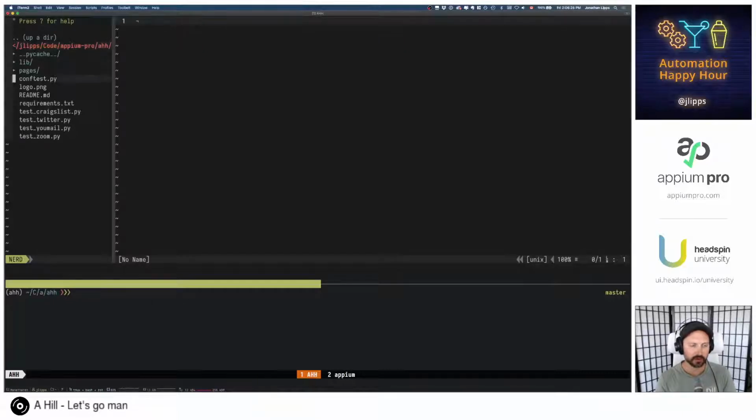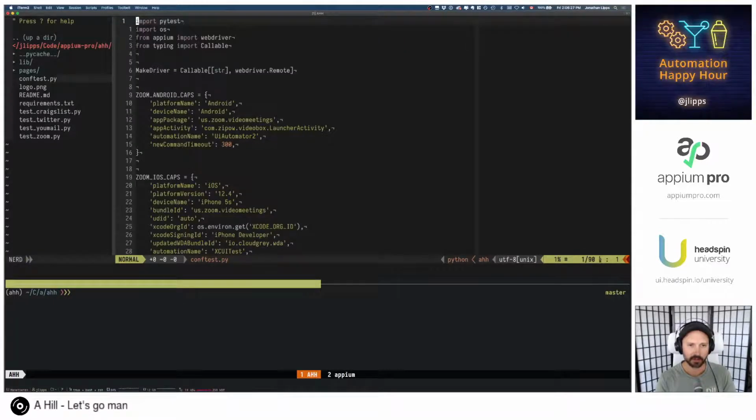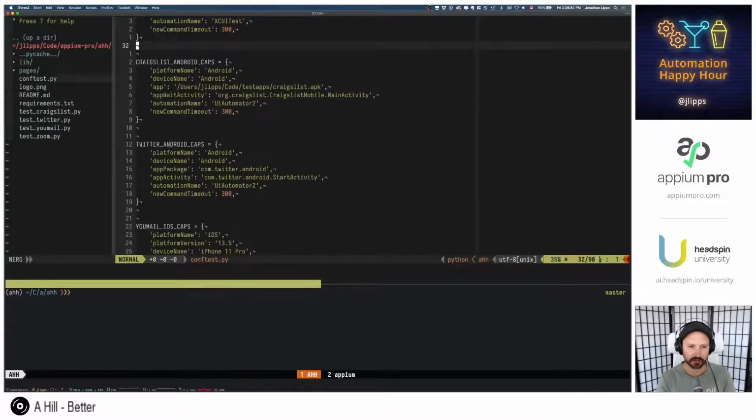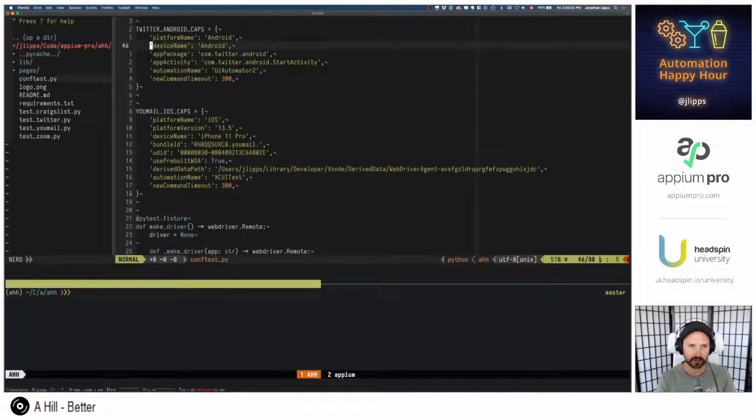We keep all of our app launch logic and data in something called conftest.py. It's the file that PyTest looks at for all of its configurations. So we just keep all of our PyTest related stuff in here, including PyTest fixtures that let us start Appium sessions on different apps. We've tested a bunch of apps here, so I'm going to add one down at the bottom.